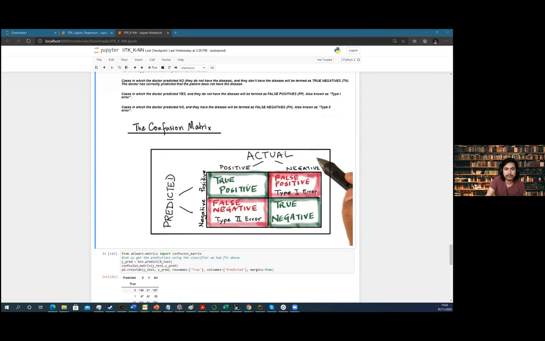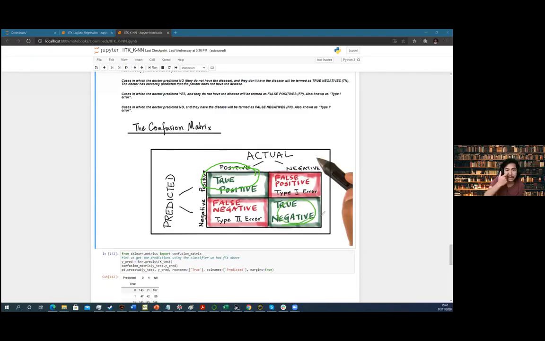Okay, so it will be true positive. If whatever you made was correctly a statement that you said yes, you have a cancer, and the doctor said yes, you have a cancer, it's a true positive. If the doctor predicted you do not have a cancer, and your results came out and you saw that you do not have a cancer, it's a true negative.